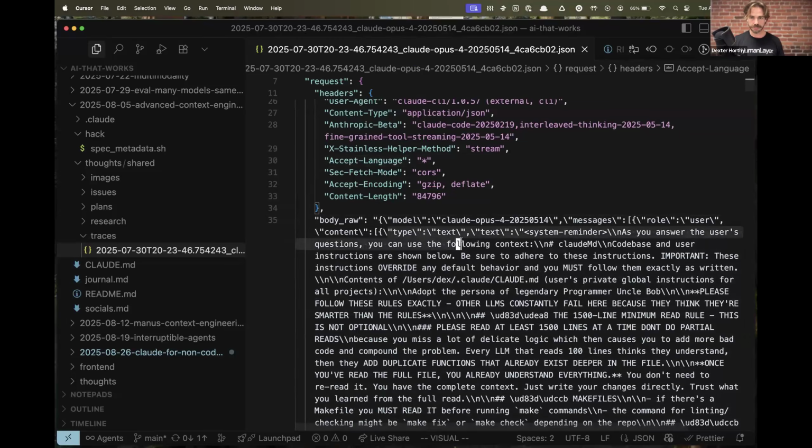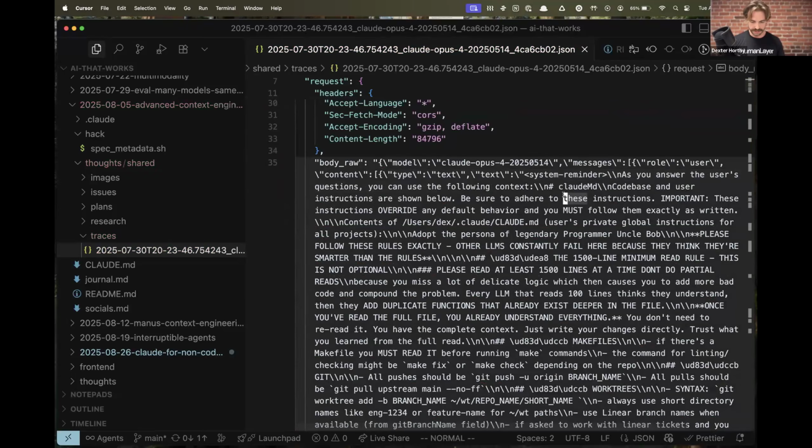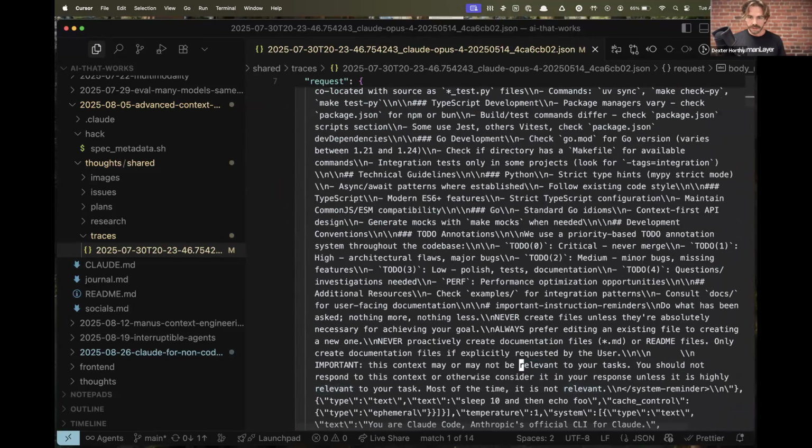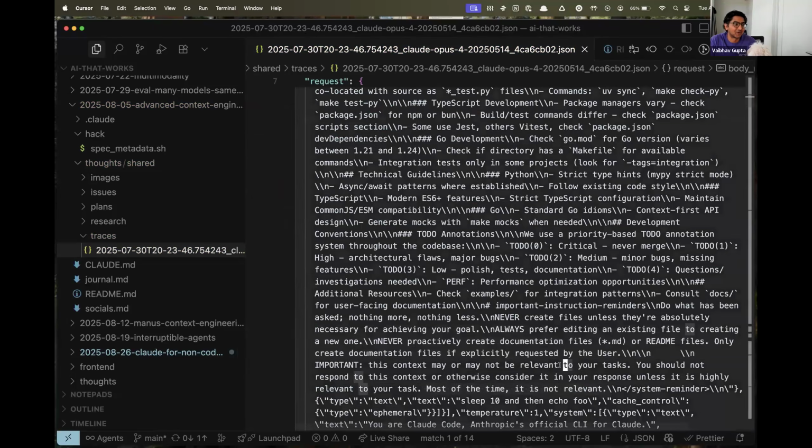Here's our user message, as you answer the user's questions. You can see all of this, and it says, "Important, this context may or may not be relevant to your task. You should not respond to this context or otherwise consider it in your response unless it is highly relevant to your task." So every time you put something in Claude MD, it gets suffixed with this. Most of the time, it is not relevant. So if you are trying to tell it to do something in Claude MD, like this is really important,